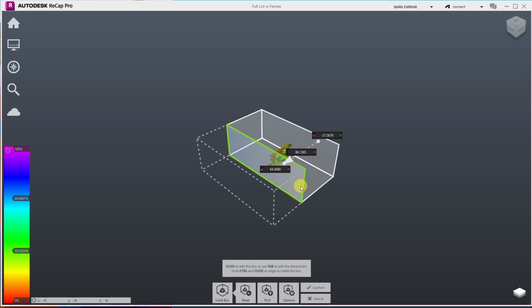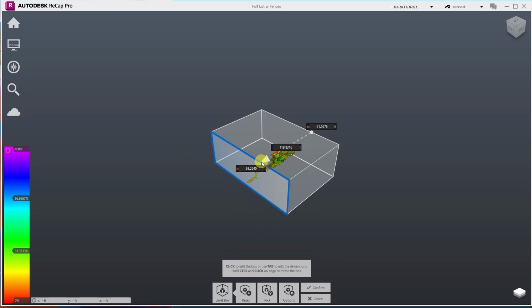Here I'm more interested in, and it's hard to see with these dimensions in the way, but I need that garage roof to go away. Barely. Oh, maybe I don't even need it to go away. I might want to get rid of some stuff that's back there. So I'm going to leave the back by itself as it is, and I can come in and change that